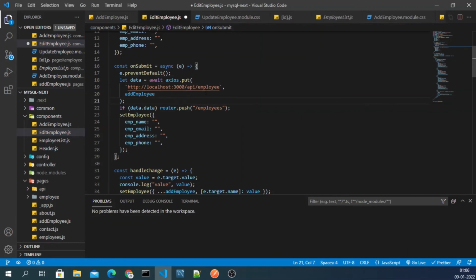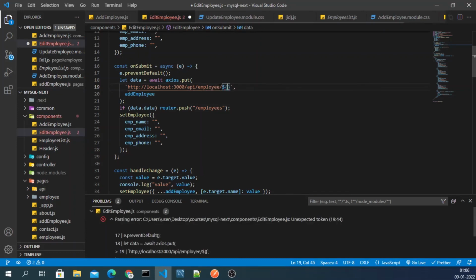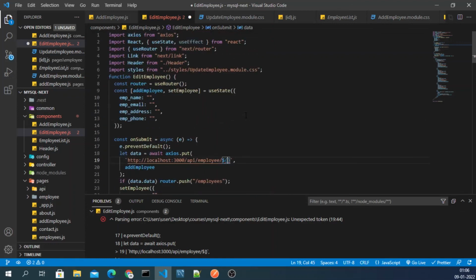and then we also have to provide the id, because we are making the update on the basis of id, so we have to pass the id. So how can we get the id? As you can see, we did not get the prop here. So what was the prop here?